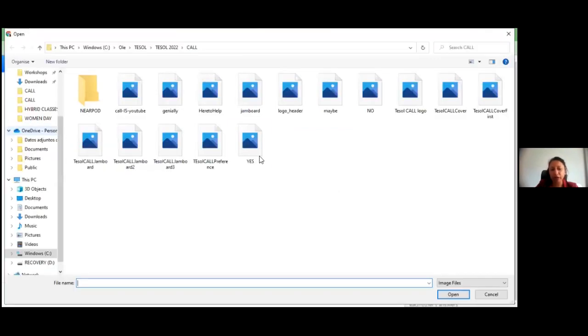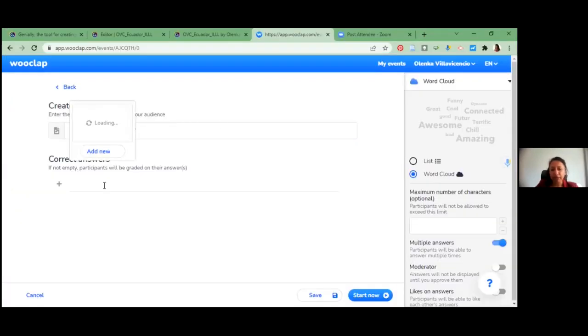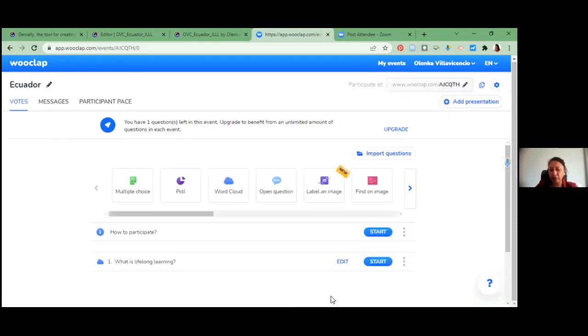In the word cloud, you have the alternative to check multiple answers, a moderator, or live answers, whatever you want. And this is ready. You can save over there, and then you are going to start.